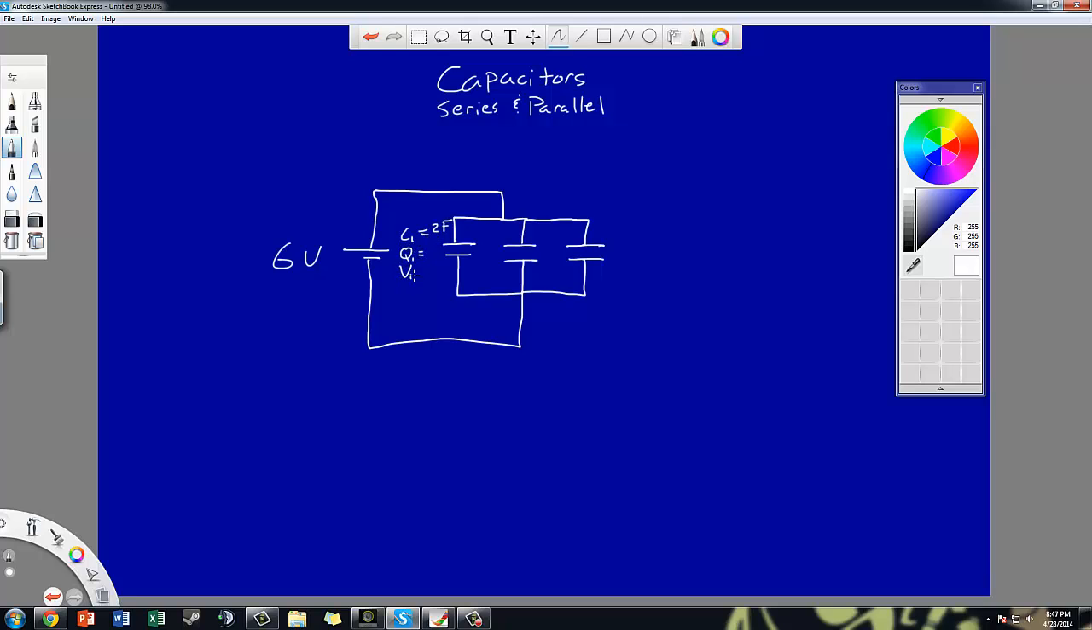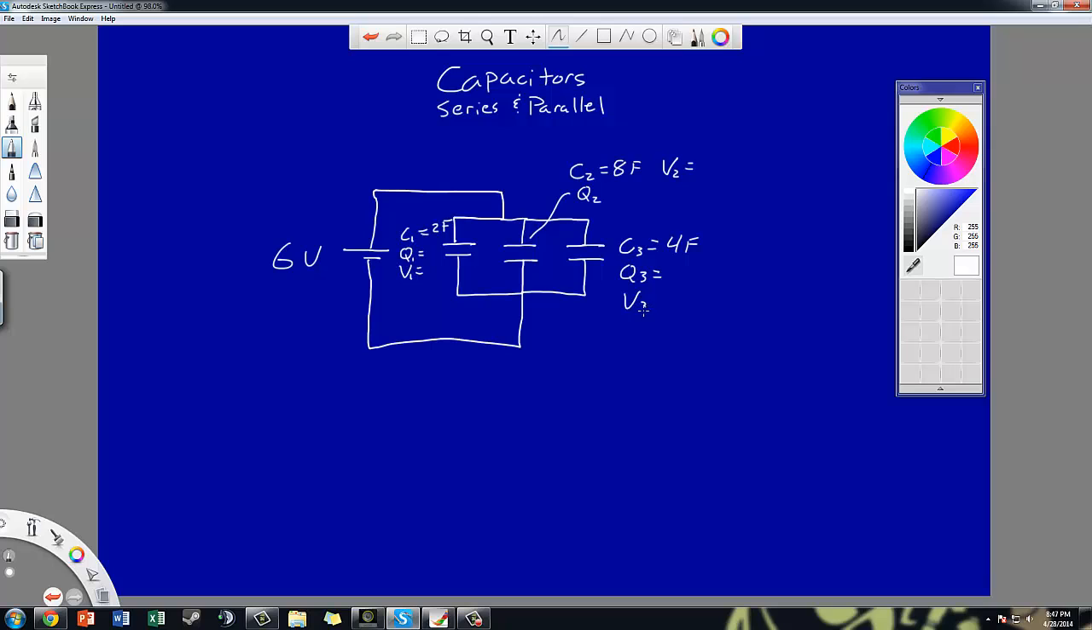Q1 and V1, because I'm going to want to find the charge and voltage on each of these. I'm just going to draw a line up here. C2 is 8 farads capacitance. We'll find Q2 and we'll find V2. And then C3 is 4 farads. Q3